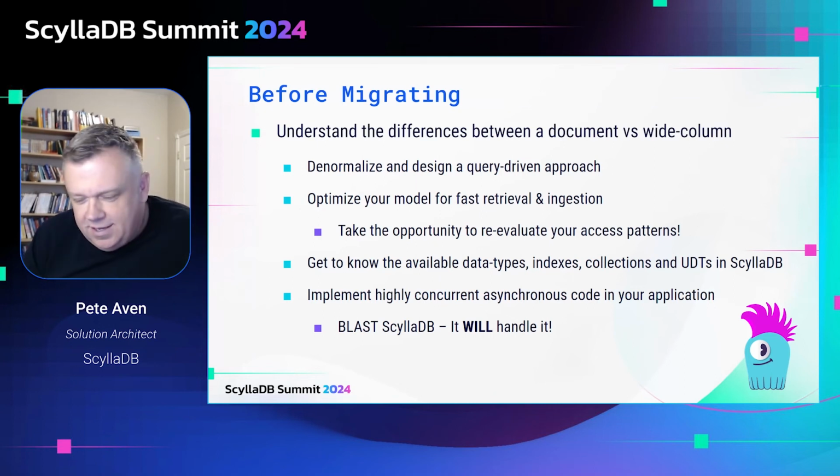Assuming you have some information that tells you which partition the data is on, it's better to blast 10 concurrent requests and let those go to their particular partitions and get the information back very quickly,